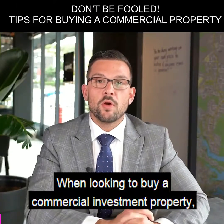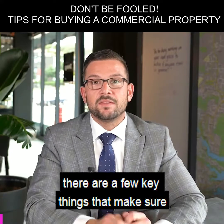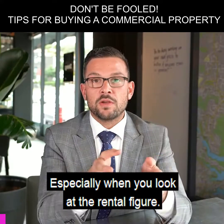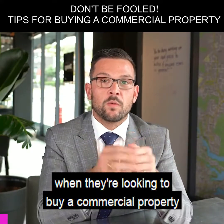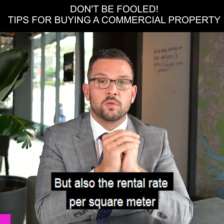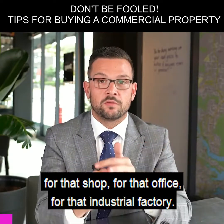When looking to buy a commercial investment property, what you should look for when looking at the lease, there are a few key things that make sure that you're not being fooled, especially when you look at the rental figure. The most important thing my savvy clients look at when they're looking to buy a commercial property is the rental return, but also the rental rate per square meter for that shop, for that office, for that industrial use, for